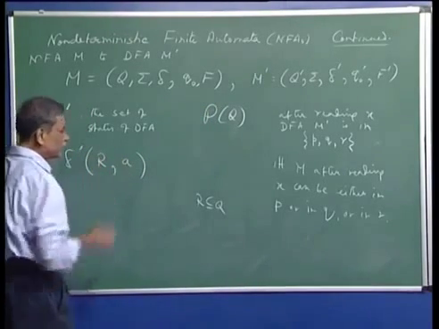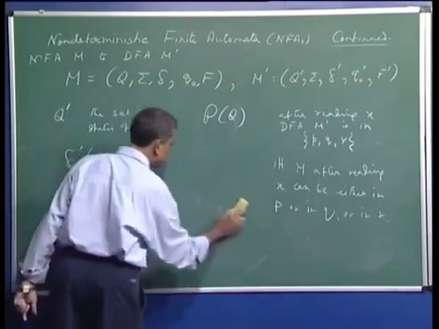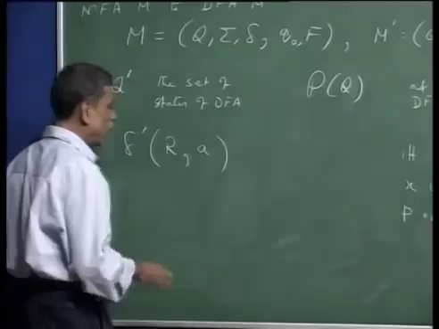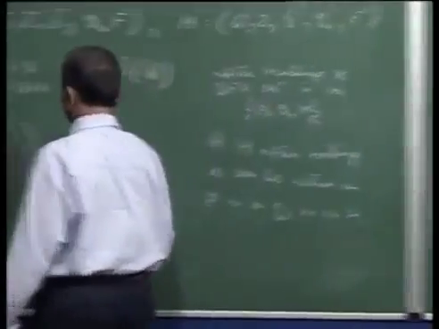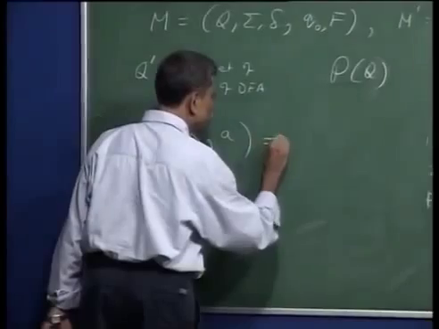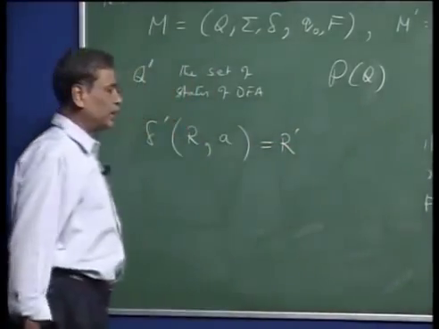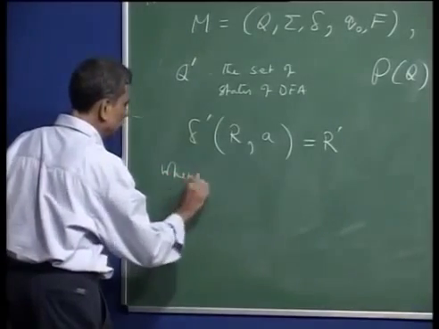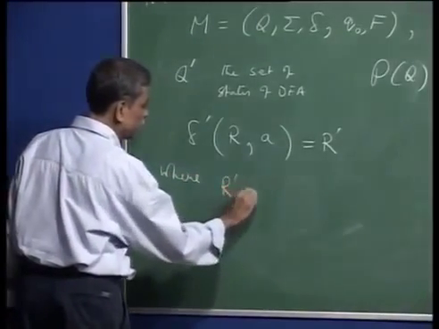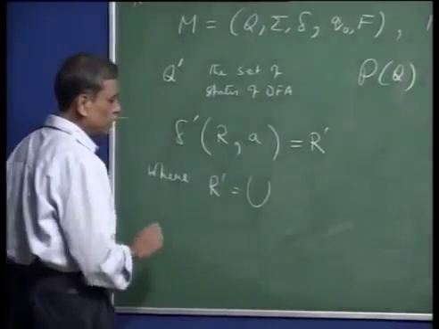R and a symbol a has come. So, according to this idea, this should be equal to R dash, where R dash is the union of